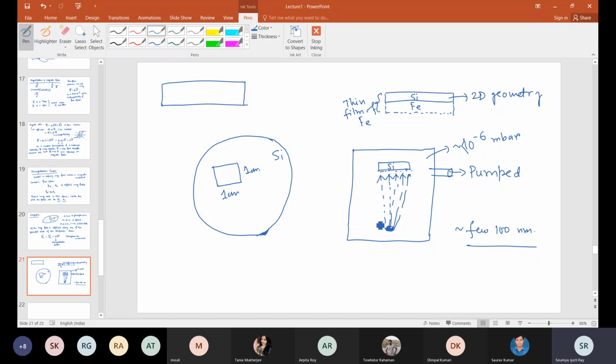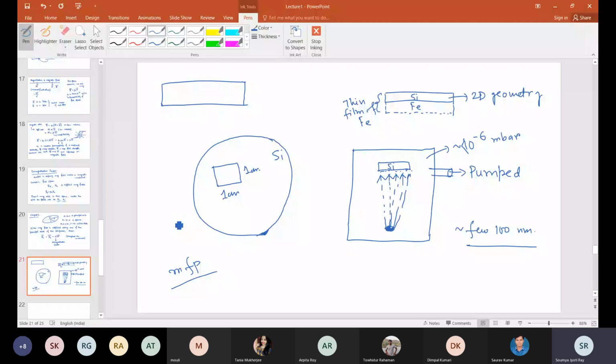But the main reason why we create a vacuum here is because we do not want any collision here. Okay, so you basically have the mean free path. So this mean free path, what is mean free path? Minimum distance up to which a particle will follow a path without any scattering or collision. Yes. So it is basically, let's say, the average distance between two collisions.